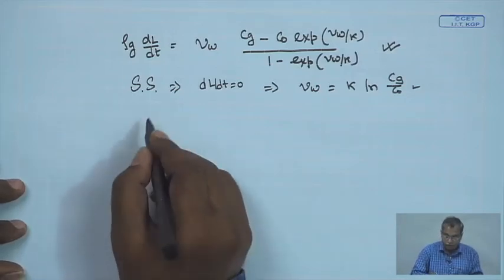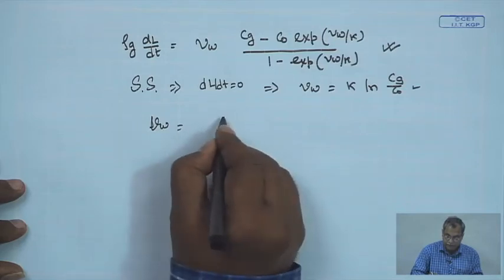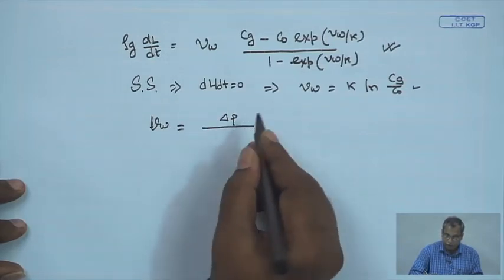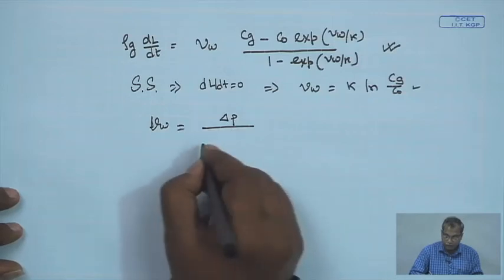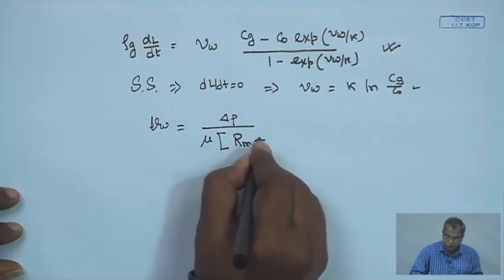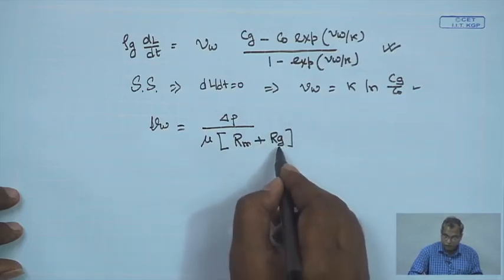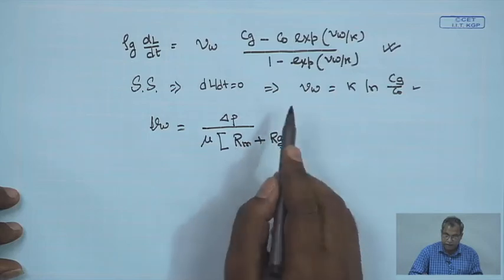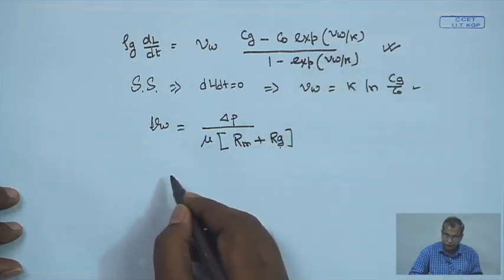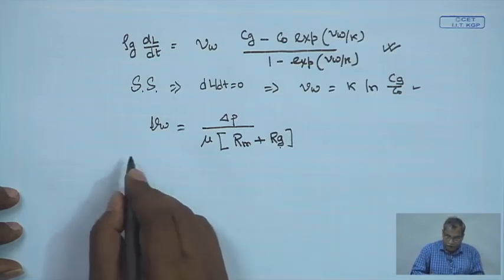Now, if you look at the expression of permeate flux from the phenomenological point of view, this will be nothing but the driving force divided by the resistance. So, there will be two resistances, R m plus R g, the gel layer resistance and membrane resistance, and the mass transfer resistance is already taken care of in the mass transfer coefficient. So, what is R g?